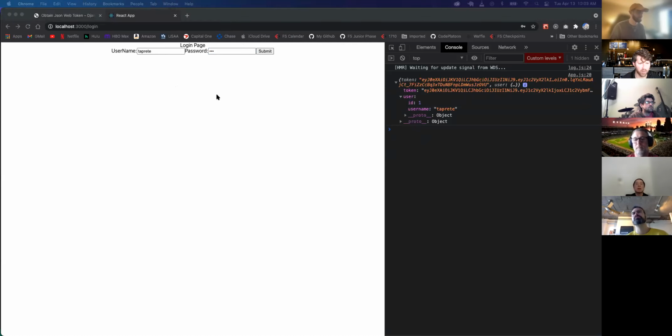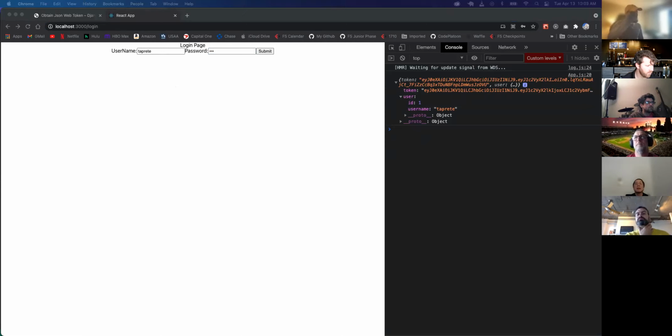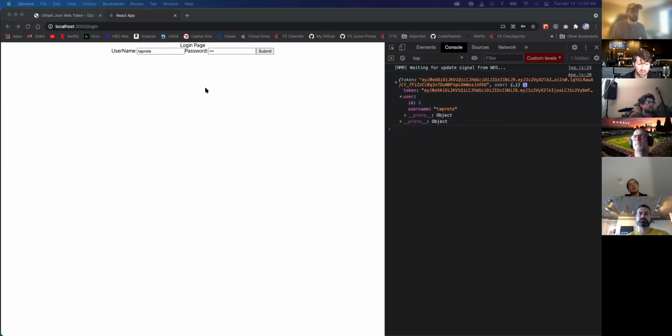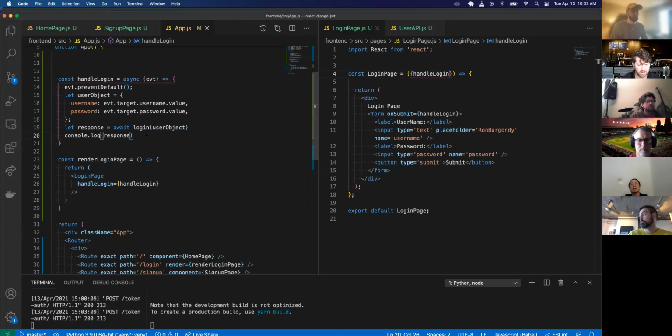Let's see, what else do I want to do? So I've got the login page. After I log in, maybe I want to route to the home page. So I click login and it automatically pushes me to the home page. So maybe I want to do that. Maybe. Does that make sense? So the response, then I can do